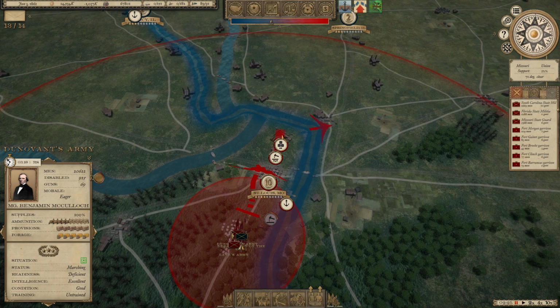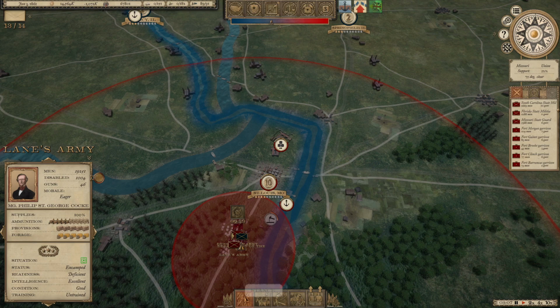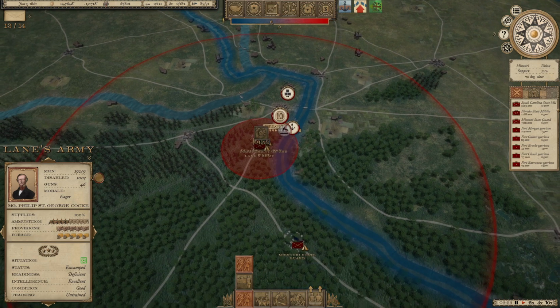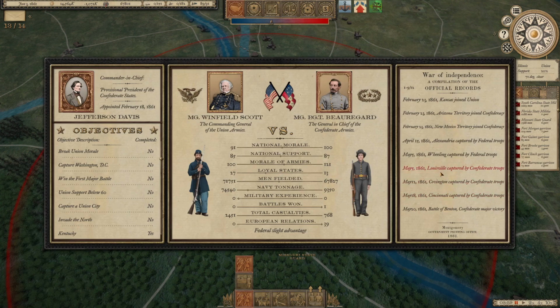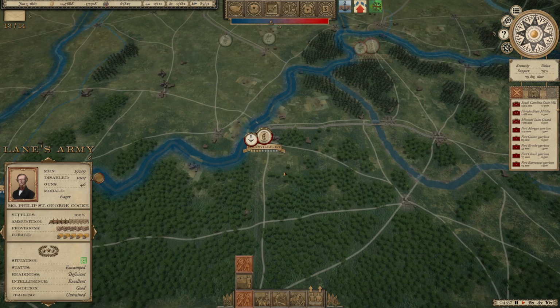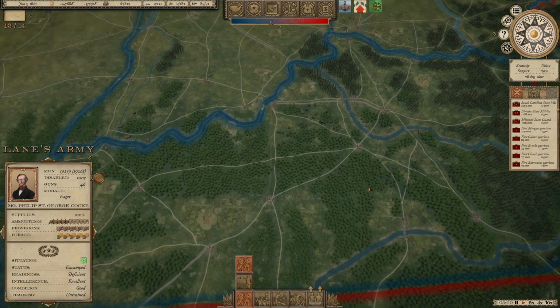Tell what's happened here. We're in offensive stance. Not sure what this is about. Actually, I wonder if Missouri already seceded. Let's just make sure that didn't happen. So Kansas went Union, Arizona and New Mexico went to me. There's also the message in here that Kentucky seceded. It looks right. Oh no, it still says it's...